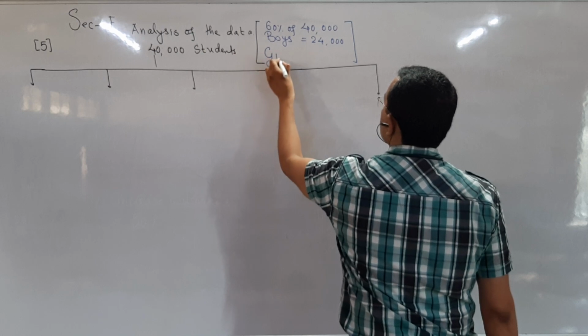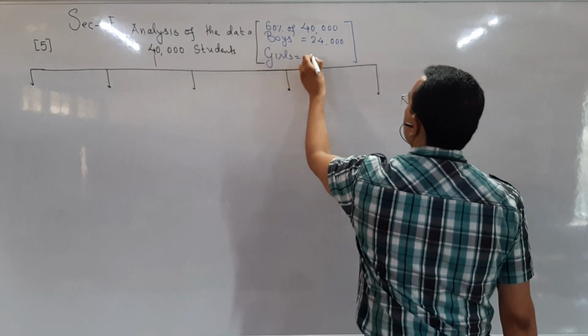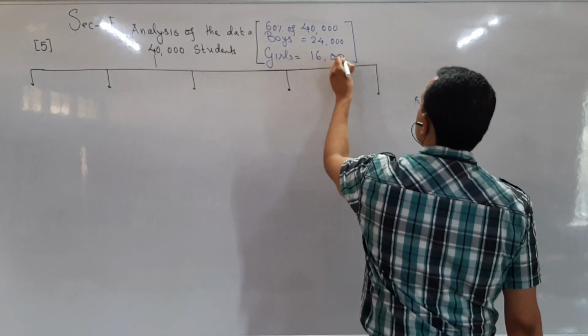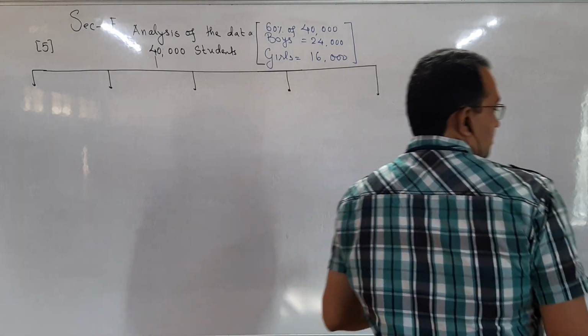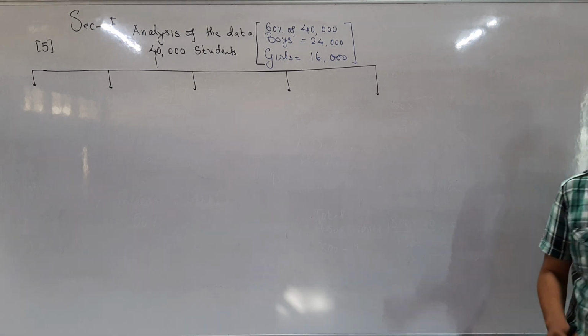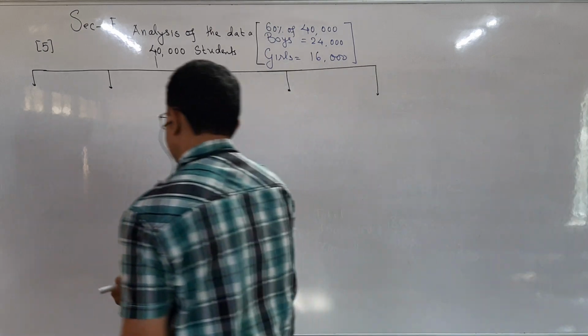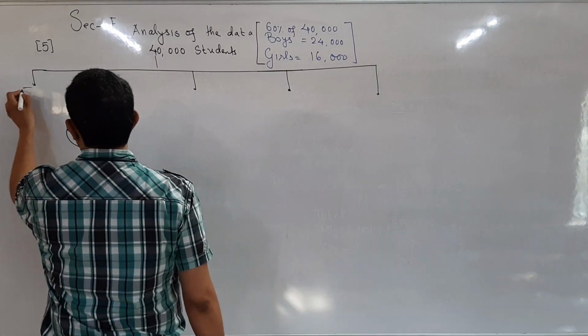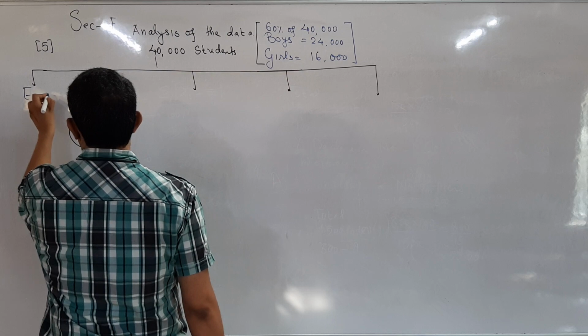So girls would be 40%, which is 16,000. Thus much all of you can very easily understand. The number of girls in engineering faculty was 3 times the number of girls in commerce faculty. So I start with engineering faculty,